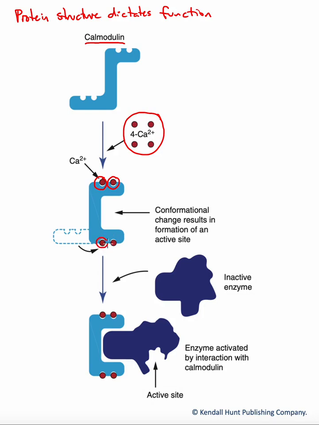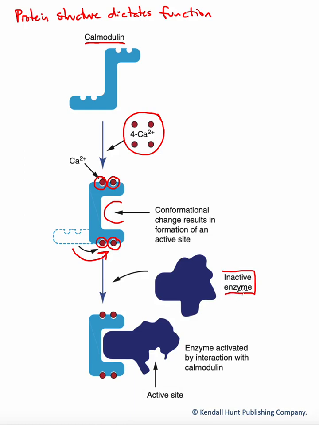And upon binding at those sites, what happens is we've changed the interaction between the folding elements of that protein. And in this case, we've sort of adjusted the shape here by having this one arm here sort of flip to the other side. Now, what that means in the case of this calmodulin molecule is we've generated an active site here, a pocket, if you will. And that pocket is adaptive to a particular intracellular enzyme that is, in this case, inactive in the absence of